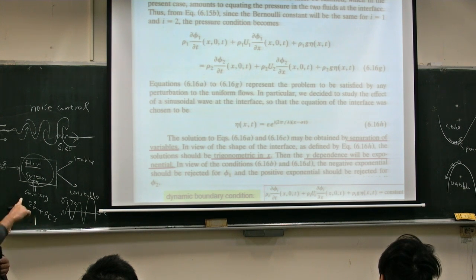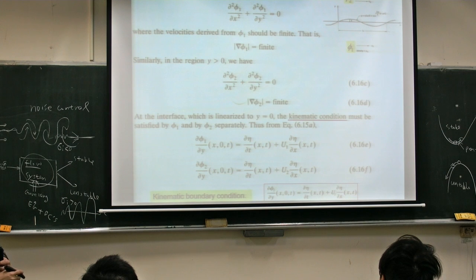These two are on the same interface, right? On the same interface means what? They should be equal. So this interface constant should be equal to this interface constant, no matter whether you evaluate by using phi1 or phi2. I just mentioned that if you use phi1 and try to